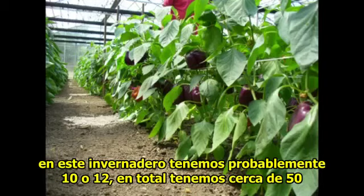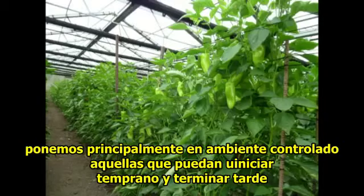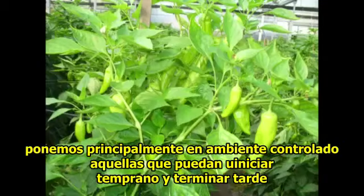How many different varieties are you producing? In this greenhouse, we probably have about 10 or 12. Altogether, we have about 50. But we mainly put the ones that start the earliest and go the latest in our controlled system here,